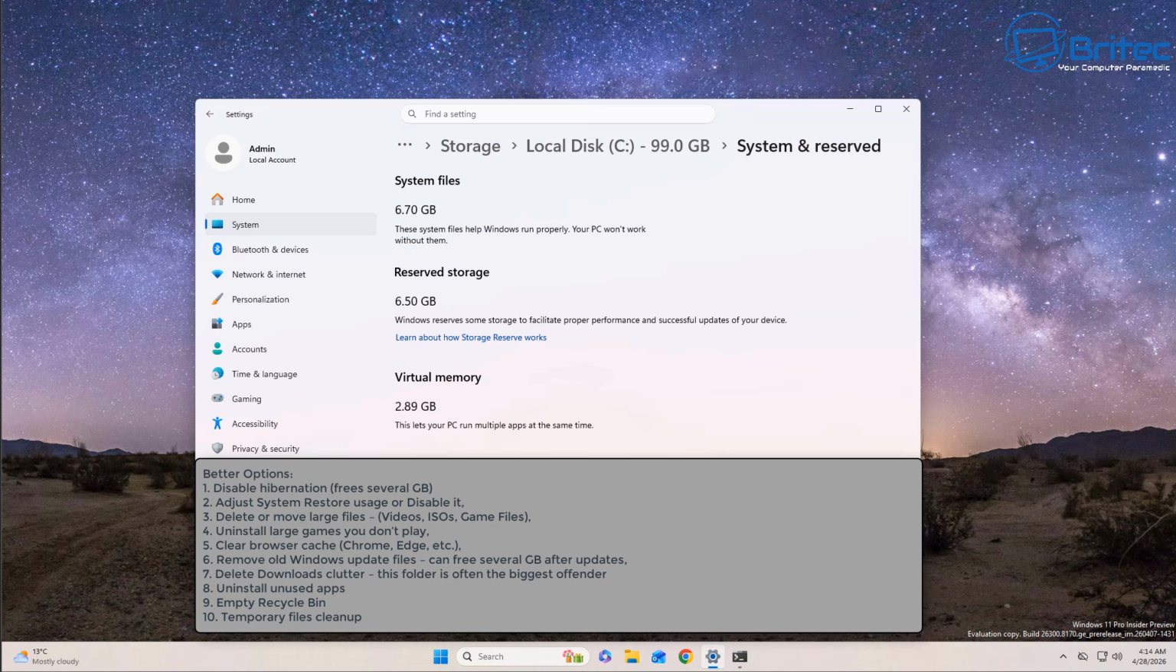Number 8, uninstall unused apps. Number 9, empty your recycle bin. This is another culprit for storing large files. And number 10, temporary files cleanup. Use Storage Sense or other cleaning utilities out there that will clean your temporary files, and you should claw back way more storage than what you would get by turning off reserve storage, like a lot of people do